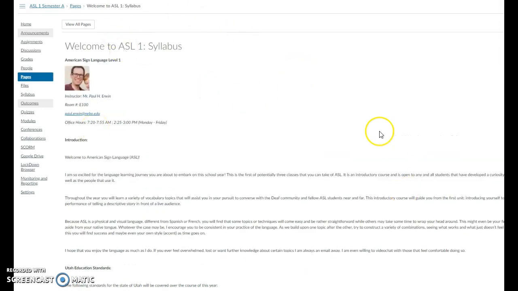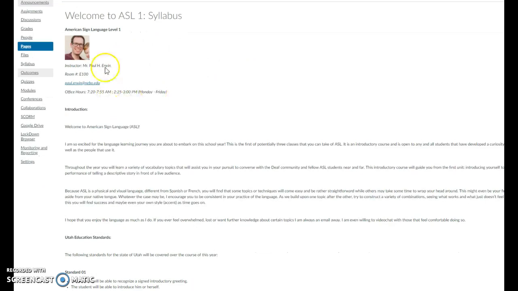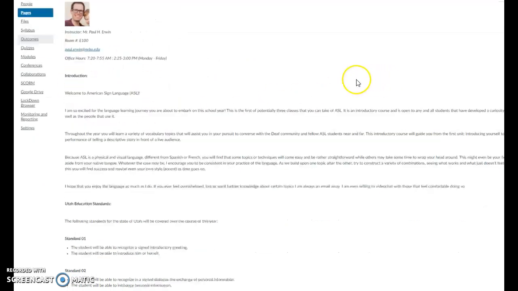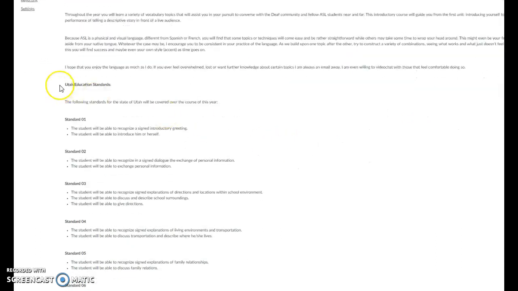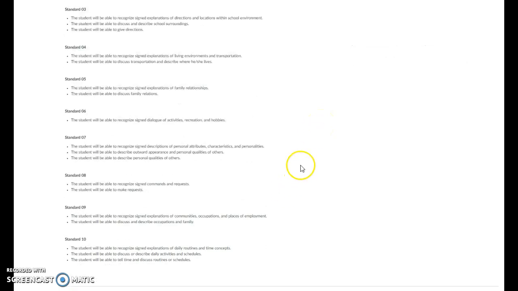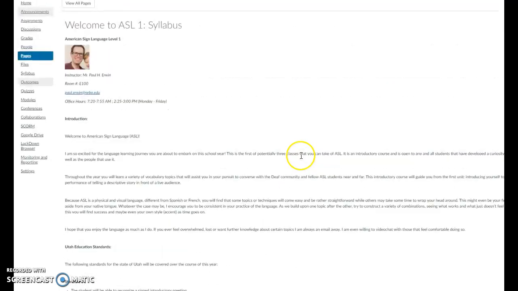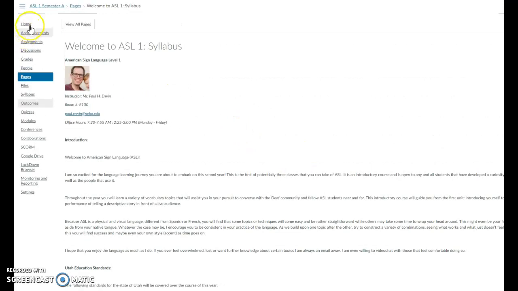and it'll bring up the same thing that I posted for the syllabus earlier on in the class, so they can read through all this information, see my office hours, contact information, a little bit about the course, and then of course we've got the Utah Education Standards, and I have them listed right here so they know exactly what they're learning as we're going through the course. We go back to the home page